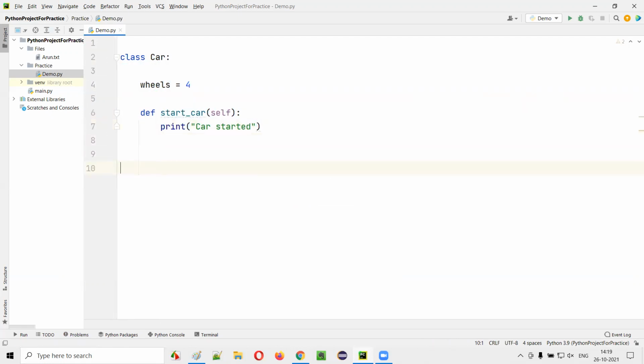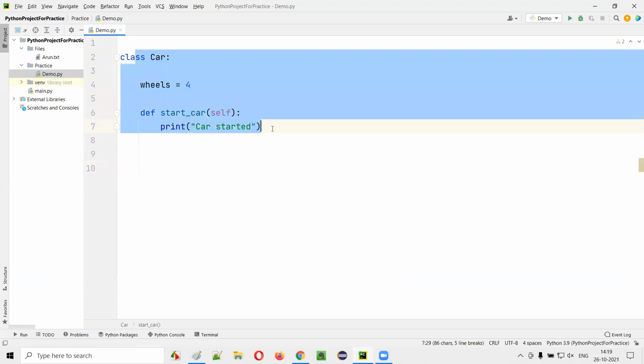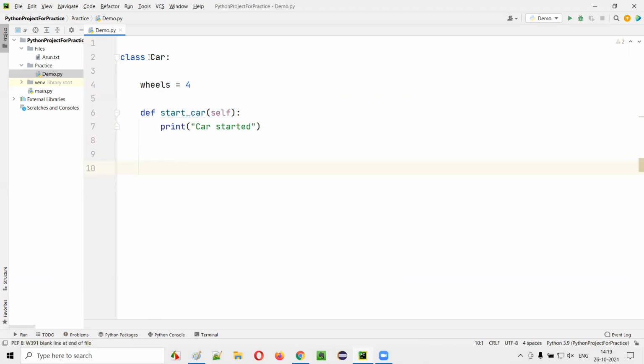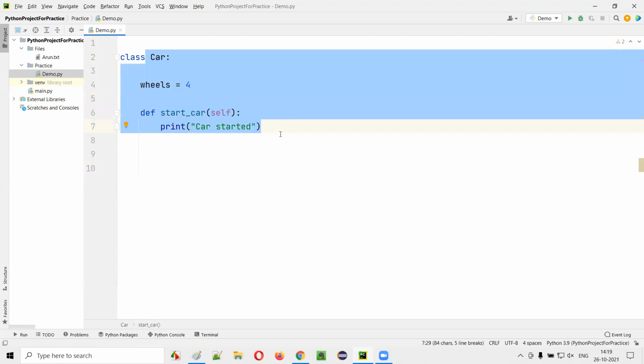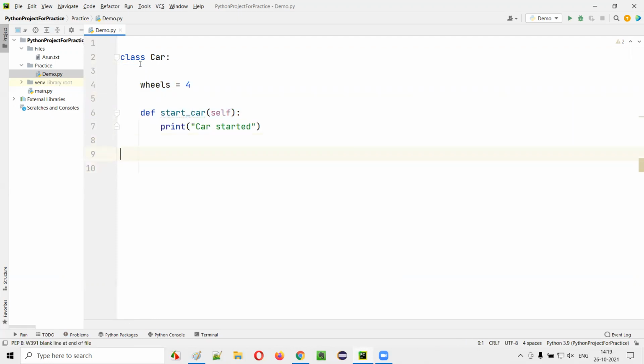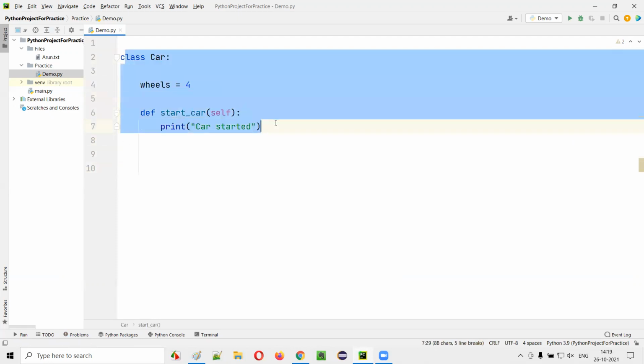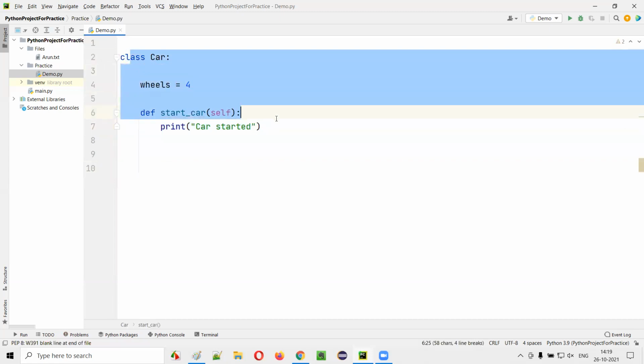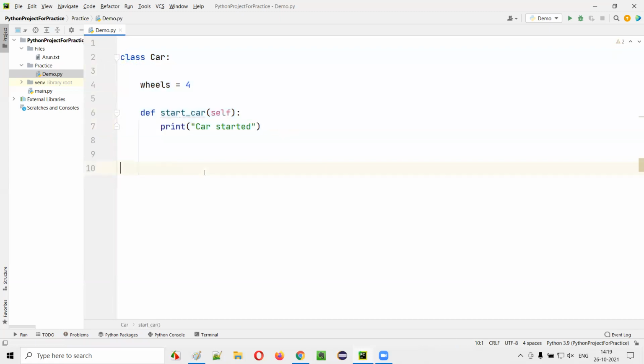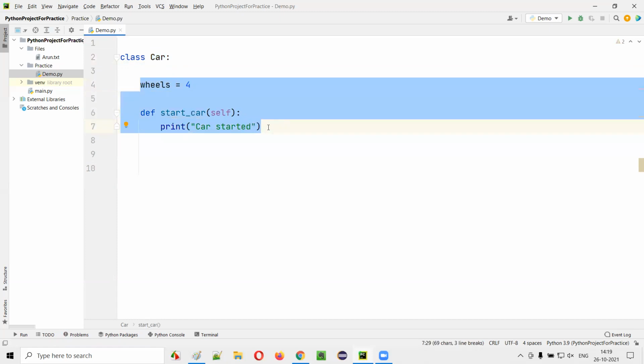You'll understand more why we have to create a class, and why we have to create objects using the class. All those things you will understand later, guys. The purpose will be understood later. For now, we are getting started. We are getting used to Python programming in terms of classes and objects, object-oriented concepts. So for now, as a sample, I created a class having the name Car. Under that, one sample variable is there, and one sample function is there.